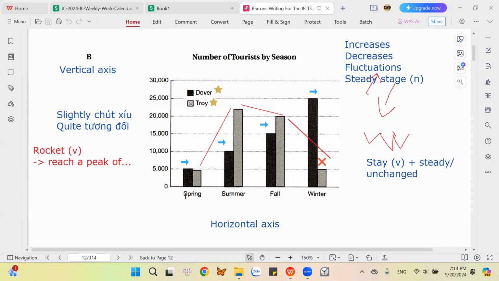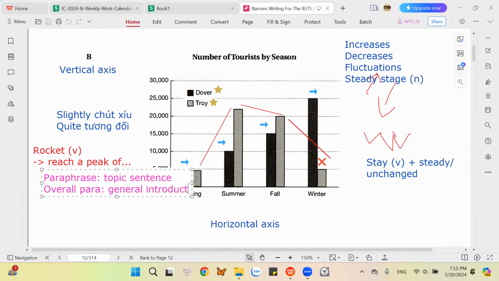And here, so here we can say that when we look at the graph first, the first thing that you need to do is you have to give a general introduction. Because when we write, the first thing that we have to write is, first we have to paraphrase, of course, very easy, right? Paraphrase the topic sentence. Second, you have to have the overall paragraph. And this overall paragraph, just think of general introduction. And the last one, okay, that is your